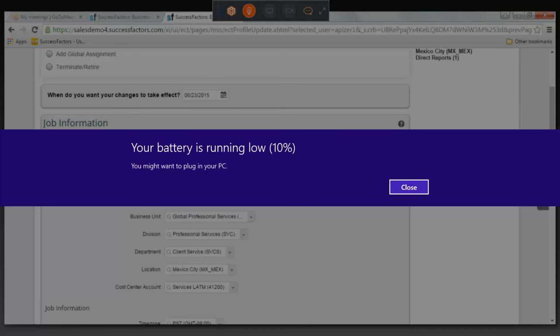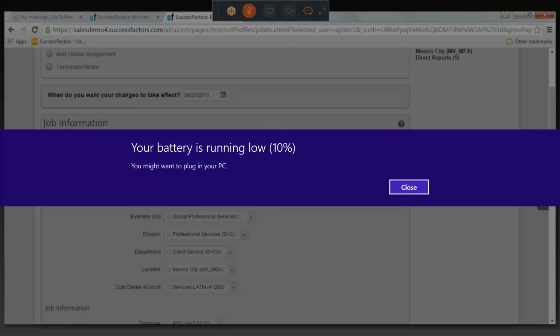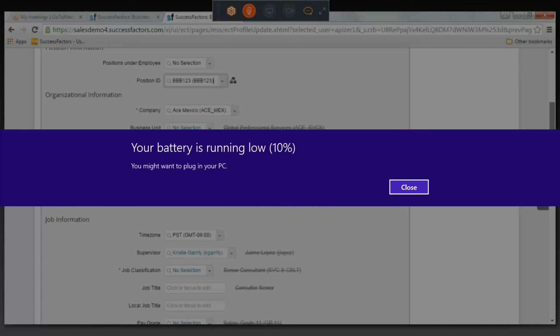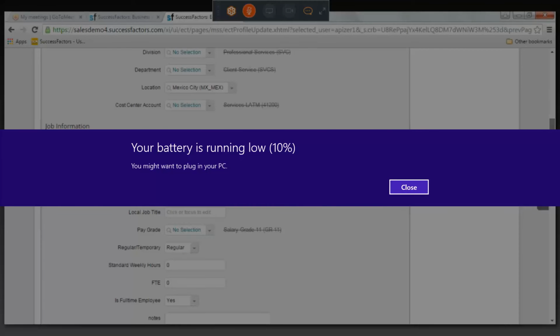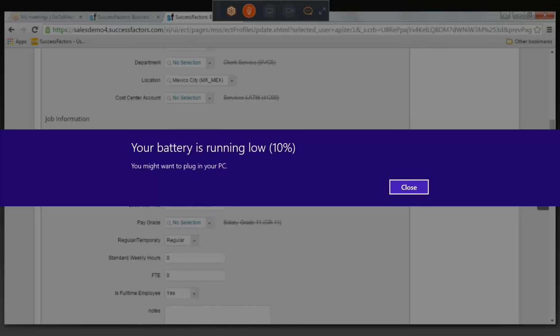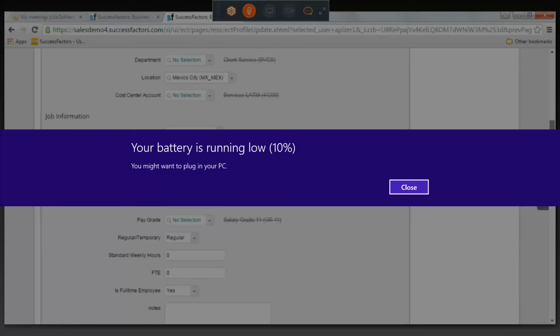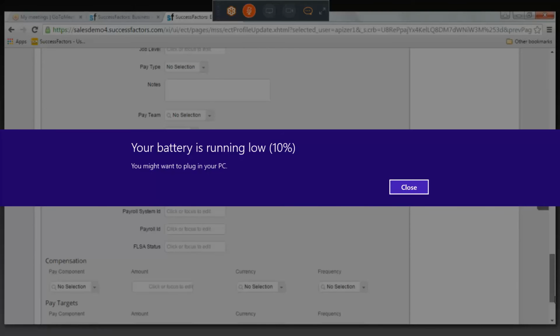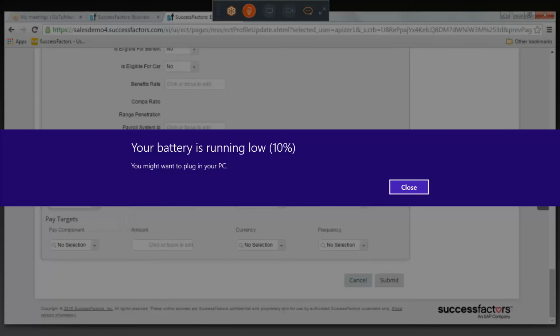I can choose this position. And what I'm doing here, in addition to this, is increasing the